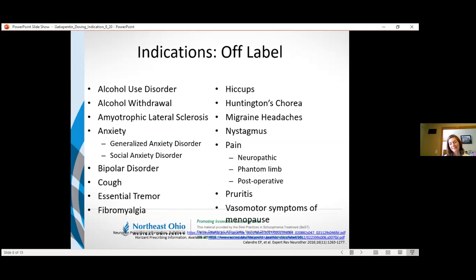The last one on here that I just wanted to draw your attention to is the vasomotor symptoms of menopause. So for patients who've been unable to tolerate some of the other treatments for menopause, they have used gabapentin in the past for some of the vasomotor symptoms, although it tends to be small populations, more open label type trials, and it's more beneficial than placebo, but not as effective as some of the other treatments that we have currently. So some of the estrogen treatments, some of the